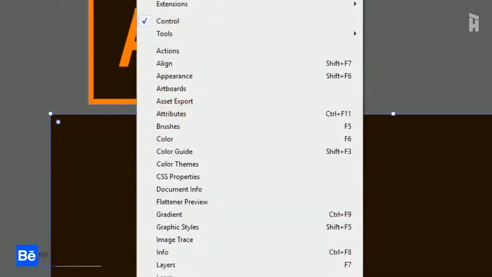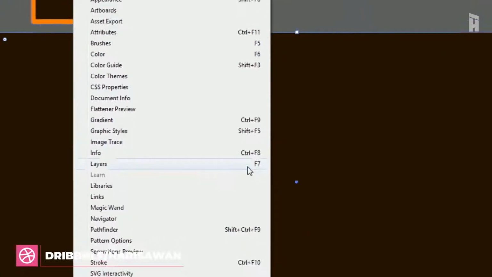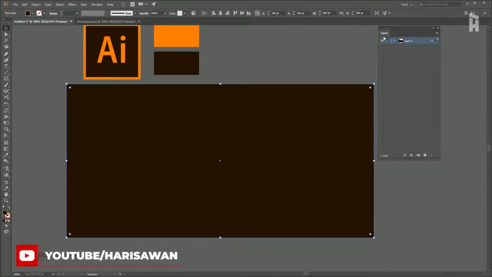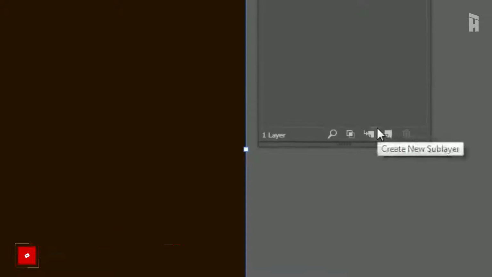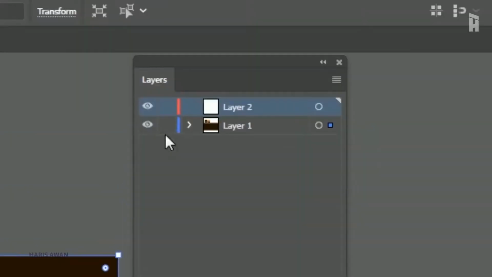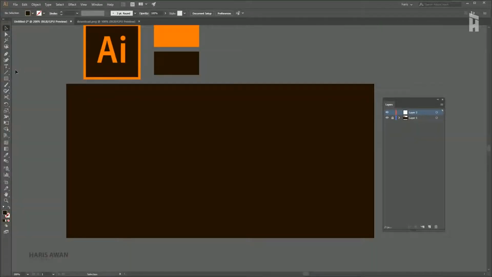Go to Windows and check this layer option, or by pressing Ctrl 7 or Command 7 on a Mac, and drag it little bit so you can easily see in the layer panel, and click this little icon here, or by pressing Ctrl L to create a new layer. And now lock the background layer and go to the ellipse tool by pressing L key,